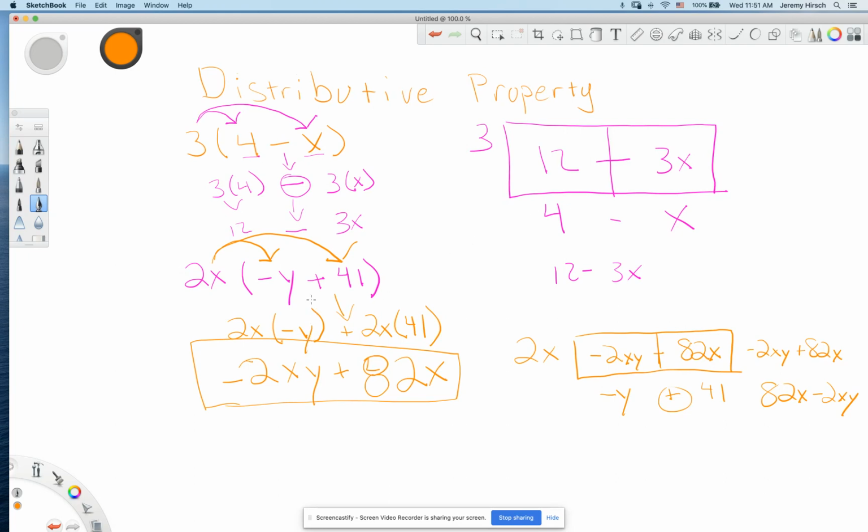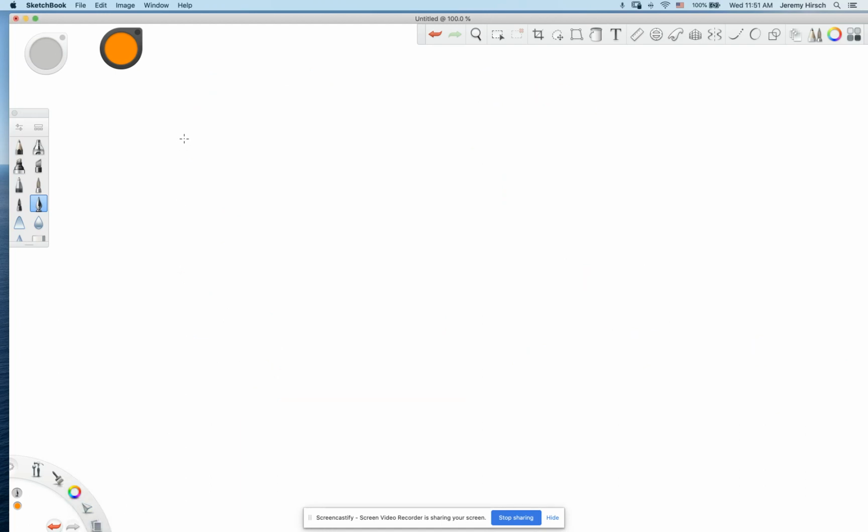Either one works. Remember, if the number on the outside has a negative symbol, you've got to take that into account when you're doing it. Let's look at one of those examples. I'm going to clear my screen. So let's say we have negative 4